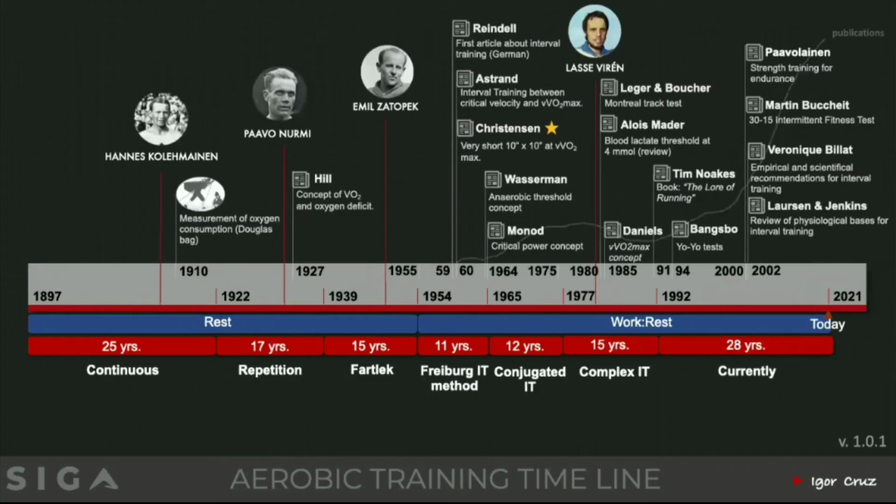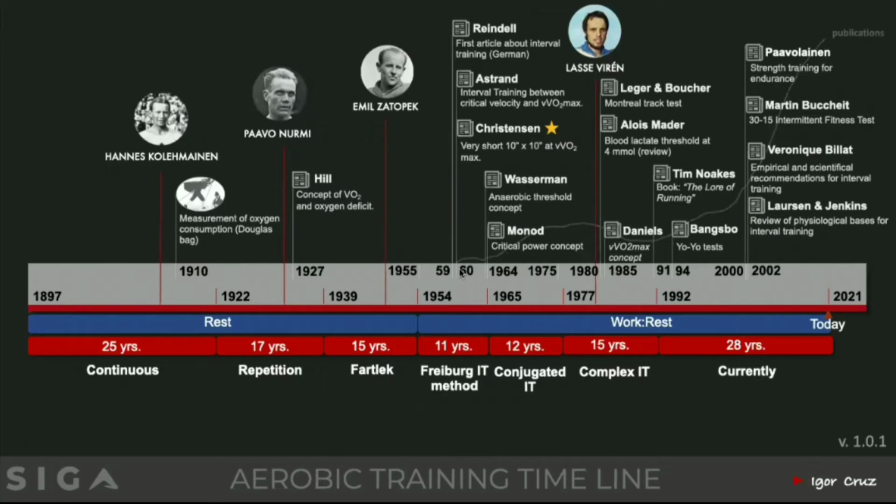Starting with the timeline that I created, I know there is a lot of information, but there are two main points we have to focus on. The first one is the 60s.